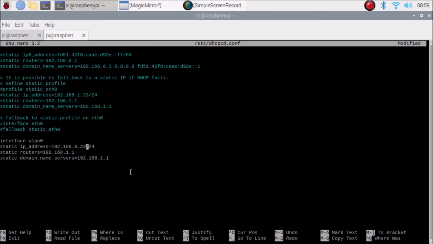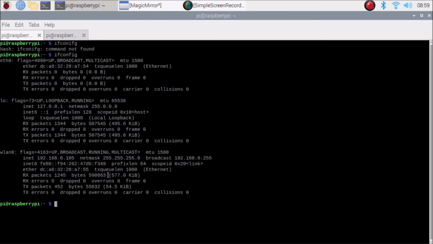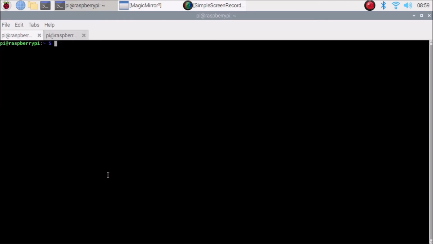So I'm going to mention it this way, 192.168.0, dot, let's say 18. In your case, of course, you need to first know the router gateway. I have already shown here how you find the gateway.